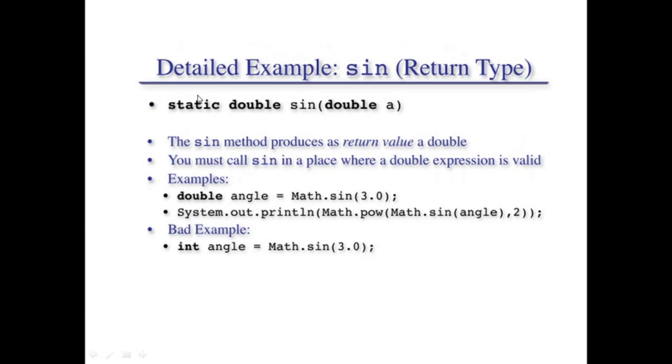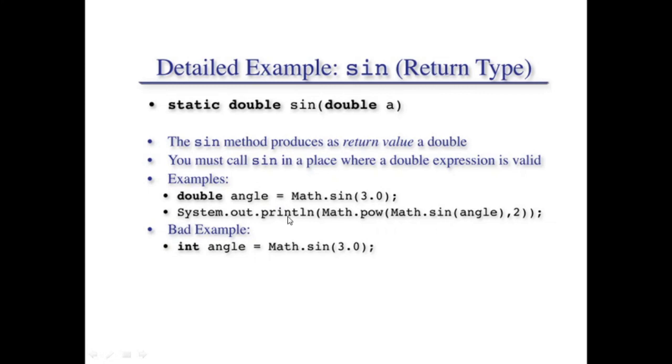Whatever it is going to return, because sine returns a value. How can you say that sine returns a value? Because as you can see in this example, in the format or signature or declaration of this particular sine function, it is returning a double value. So you have to receive this value in a variable of double data type. So double angle will get Math.sin, which will return a double value. It will be assigned to the angle variable, and whenever you print this value, it will show the result.